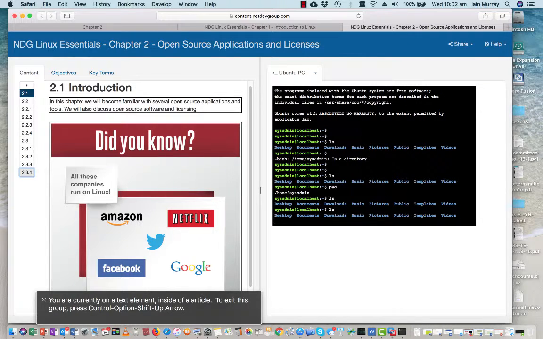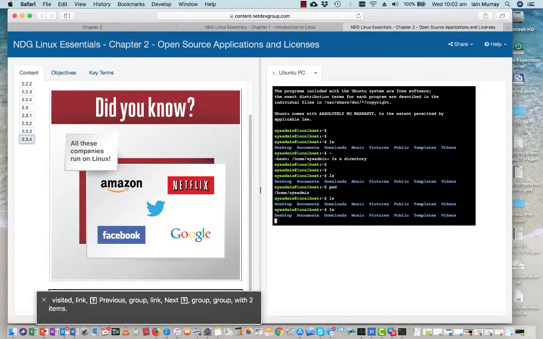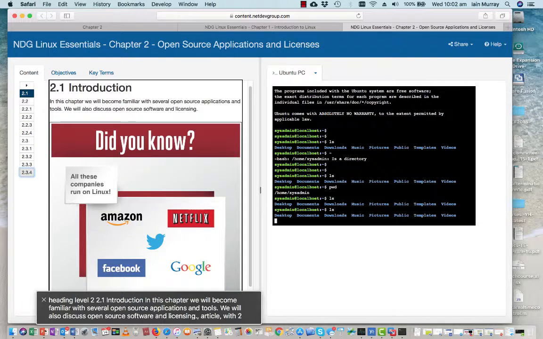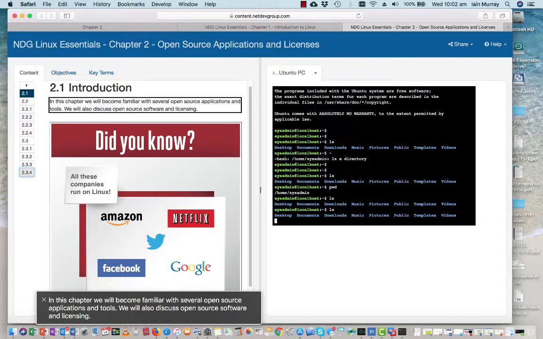Okay, You now are we'll go currently on to a the text image, see element what inside happens. of the article. To exit this group, press Control Option. In this chapter, we will out of article with 2 visited link previous group link next group with 2 items visited link heading level 2 2.1 introduction to item in this chapter heading level in this chapter we will become